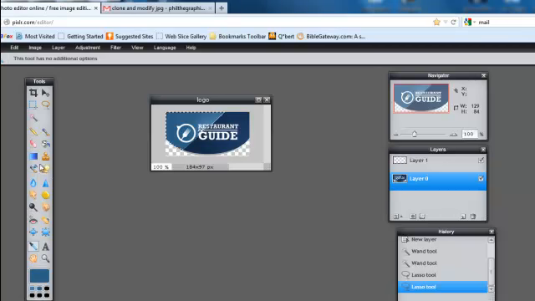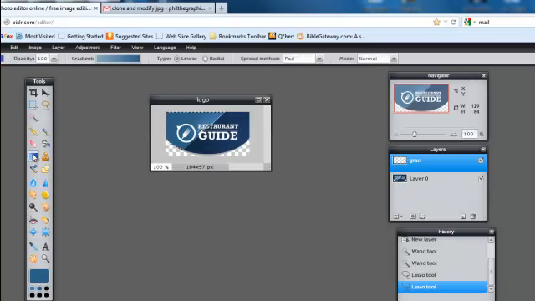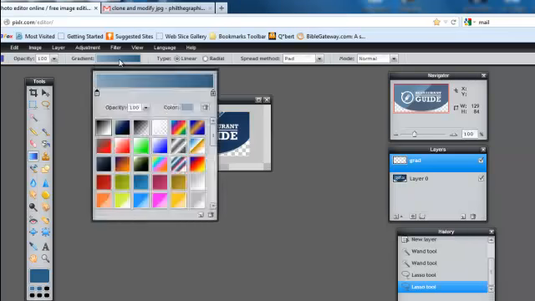Alright, now I need to put a gradient over the top of this, and what I'm going to do, I'm going to do that on the next layer, layer 1. And let me change the name of that to, let's put grad. That's fine. And then I'm going to take the gradient tool there, and up here in this area where it says gradient, you're going to click on that, and now I can select the colors,